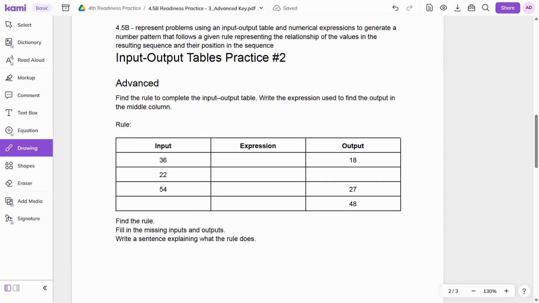For our second problem, we need to find the rule. We're going to actually write the expression. In the last problem, we wrote it on the left side. There's actually a central column. Sometimes you'll see the expression itself in a central column. So 36,